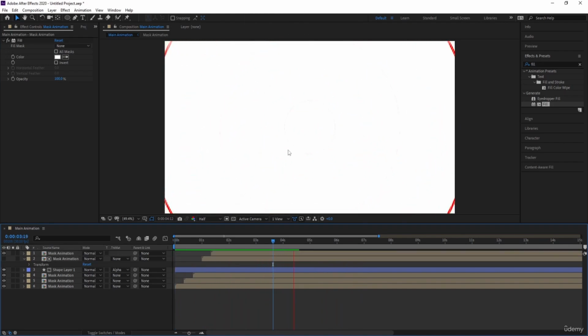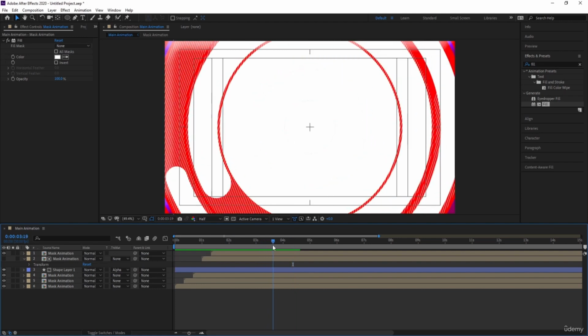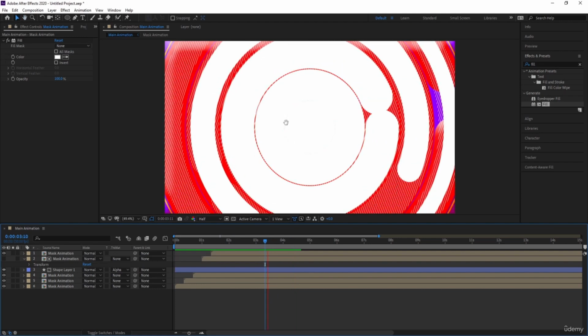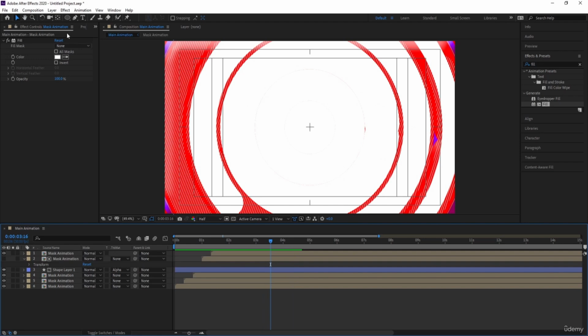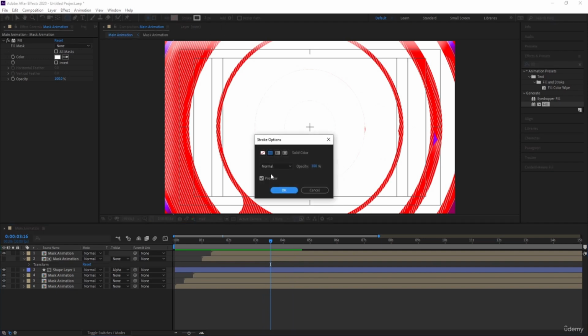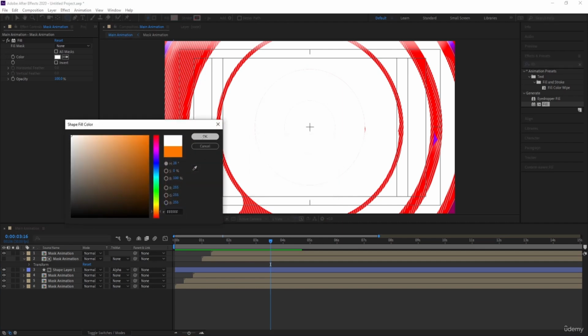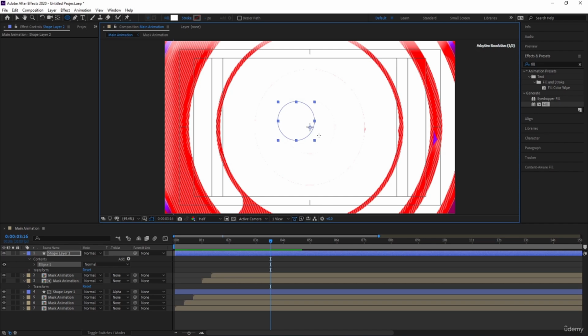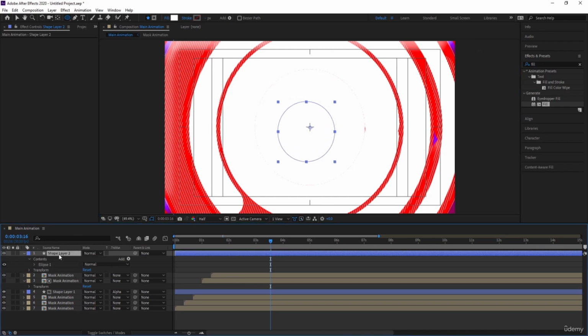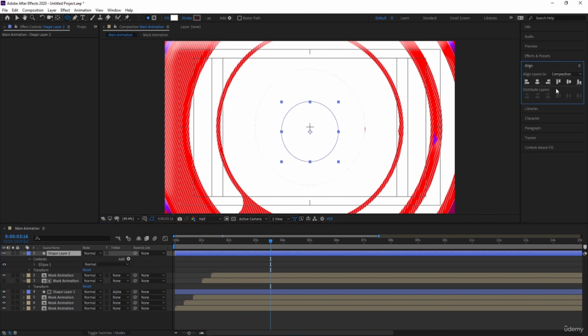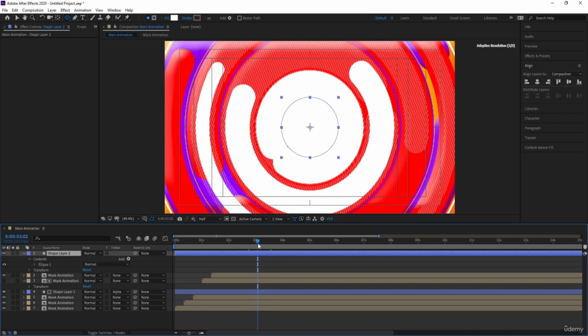And now over here, as you guys can see, we are getting a little bit of white patches. So to get rid of this, what we can do, we can select our ellipse, we will delete this stroke, we don't need that, and we are going to choose white color for this fill, and I'm going to create one shape. Select this, press Ctrl Alt O, go to the align tab, align it horizontally and then align it vertically, and then from this point I'll move this over